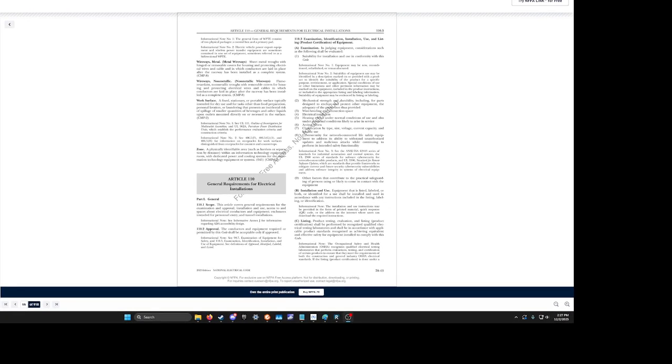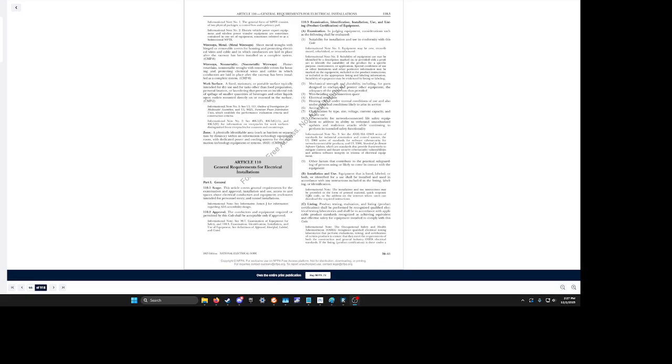Installation and use. Equipment that is listed, labeled, or both, or identified for use shall be installed and used in accordance with any instructions included in the listing, labeling, or identification. So, do your job right. If it's telling you install it this way, don't install it a different way unless you have something from your